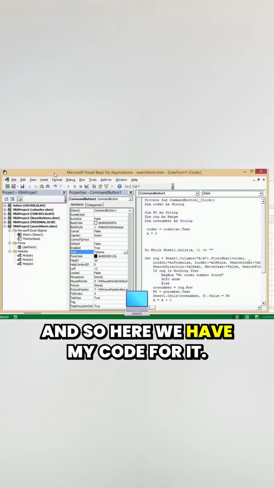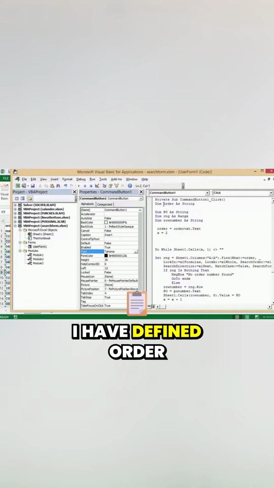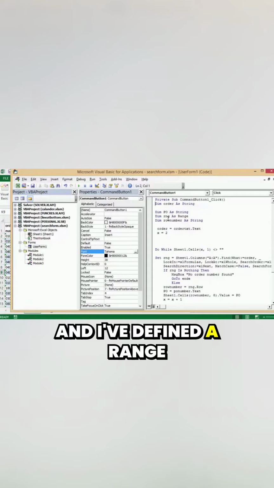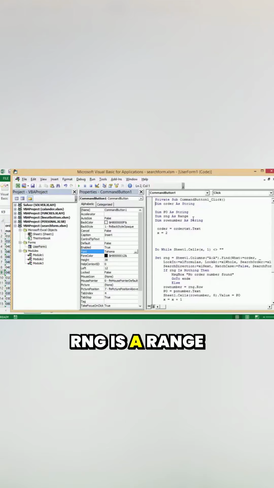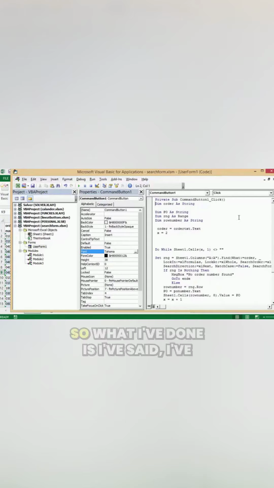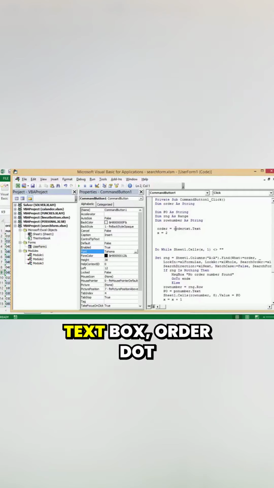And so here we have my code for it. What I've done is I have defined order as a string. I've defined PO as a string, and I've defined a range, RNG as a range, and the row number as a string. So what I've done is I've called order what I receive in my text box,